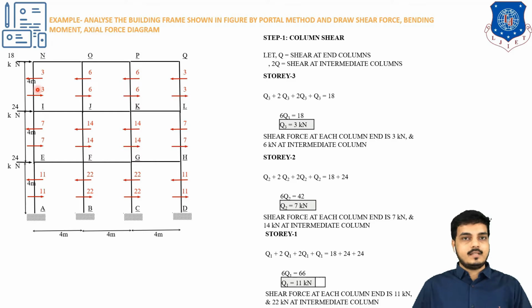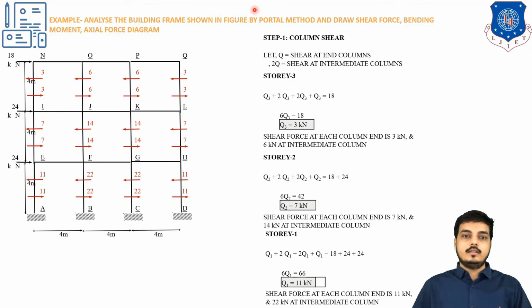As mentioned in the steps, or in the theory portion, the forces will be placed in equal and opposite directions at the column. So these are my shears, which are equal and opposite. You can see the values we have found out, and we will be placing them over here. So this is my first step.